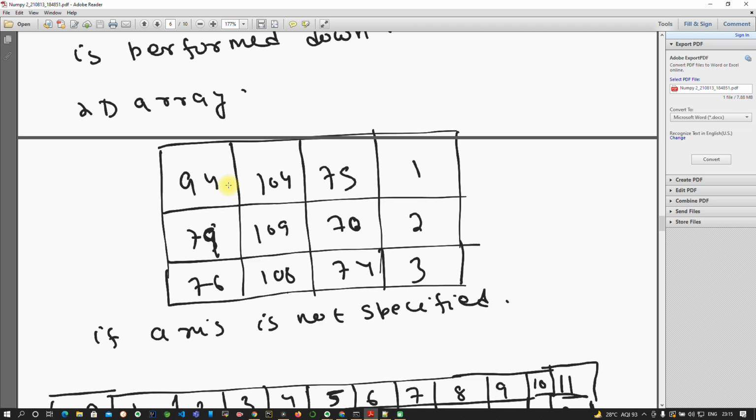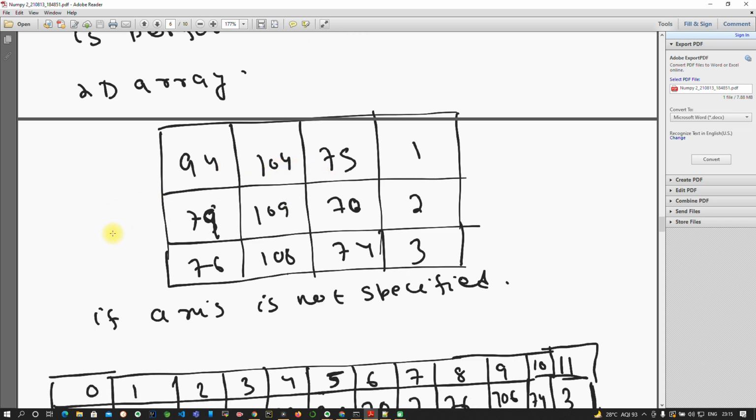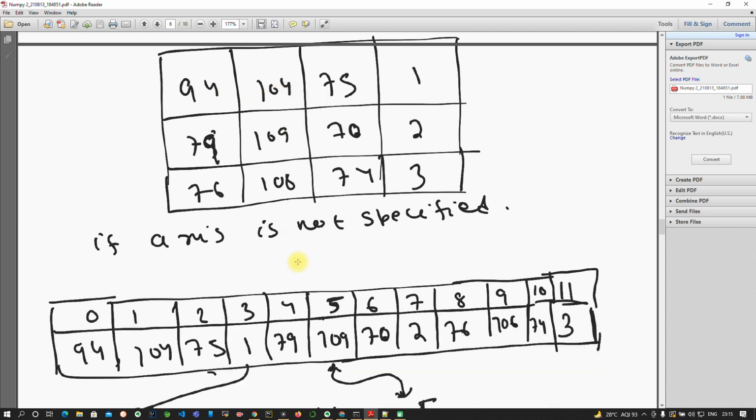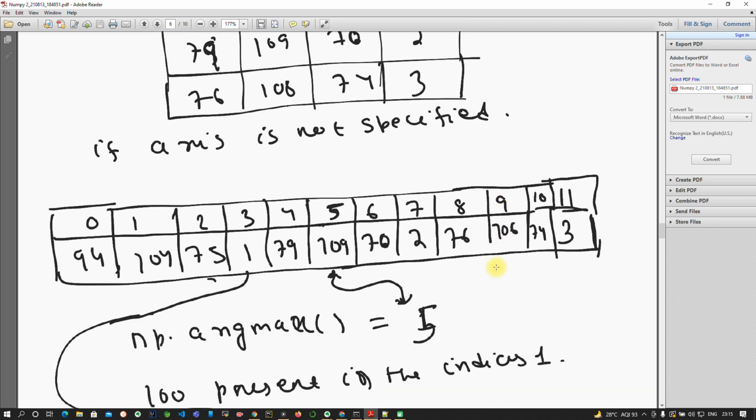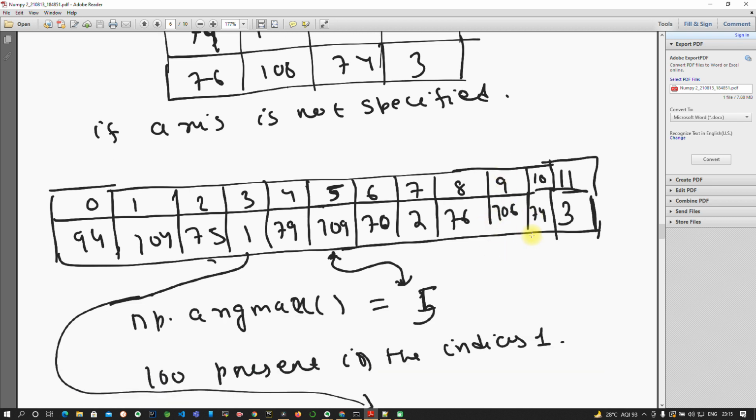So this is a multi-dimensional array. If the axis is not specified, as per the documentation definition I told you, the whole multi-dimensional array will be flattened to a single dimensional array. If I use np.argmax, which is the maximum element?